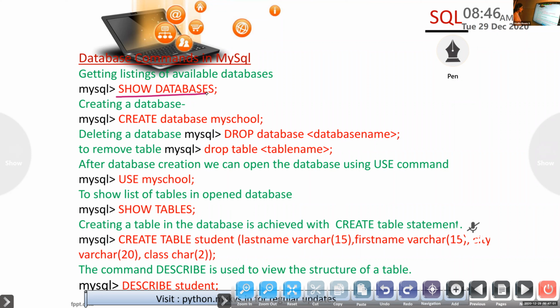This also we have seen, right? In order to create a database, the statement is: create space database space the database name. If you want to delete a database, the command is drop database name.